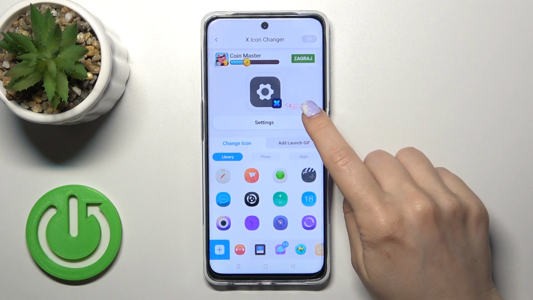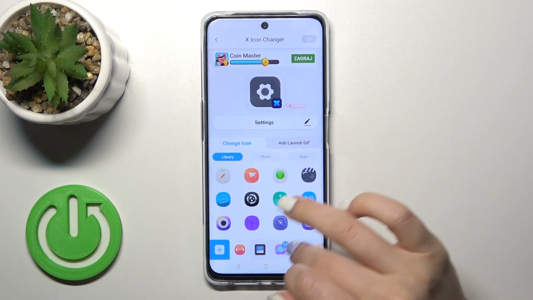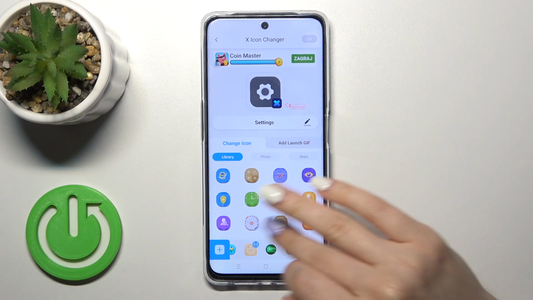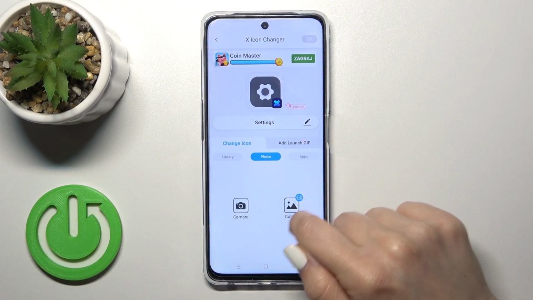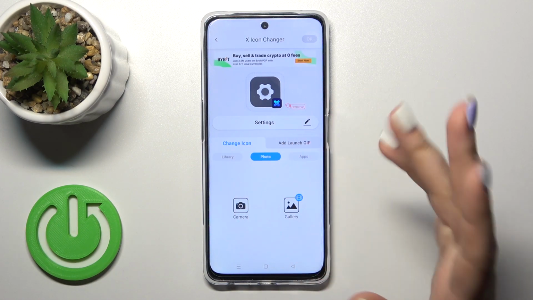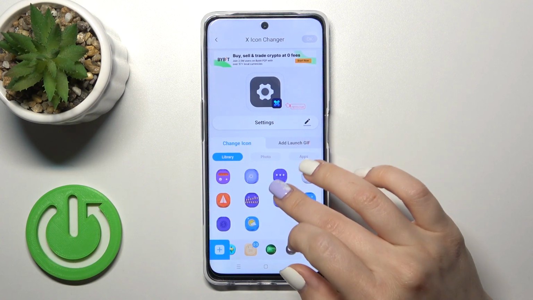Select the application. If you want to rename it, just click once here on this name. Here we got library with different icons, or with the folders of the icons. Here we got the photo from our device gallery, or we could also use photo from our device camera just to take a picture right now. So let's use one from these available